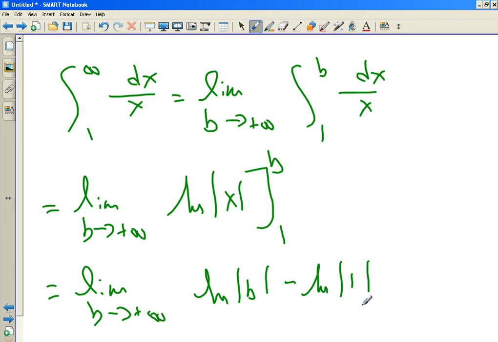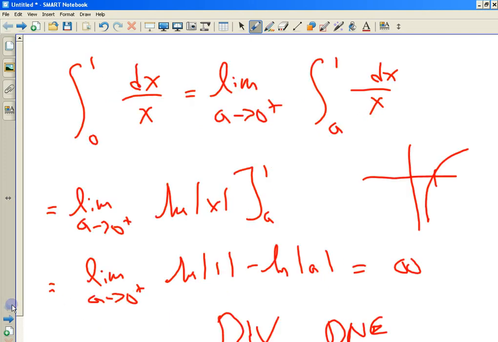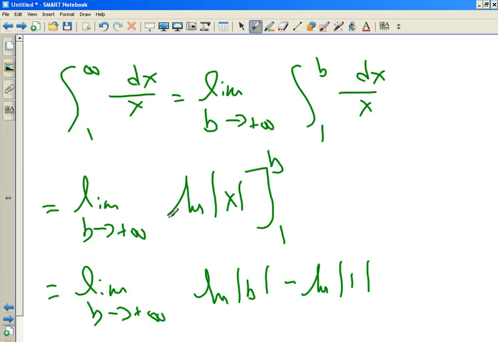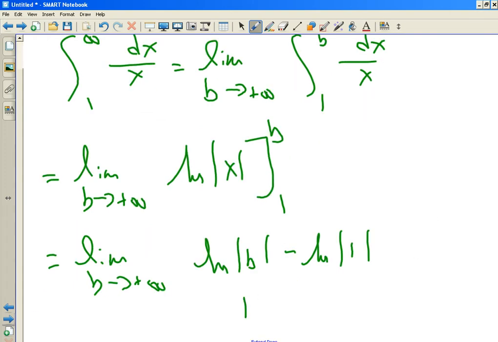Well, ln of 1 is still 0. And what does ln b do as b goes huge? What does ln x do as x goes huge? As x gets huge, y goes positive. It goes as big as you want. It doesn't blow up very fast, but it blows up. Okay, so again, I could say positive infinity, or I could say this diverges, or I could say it does